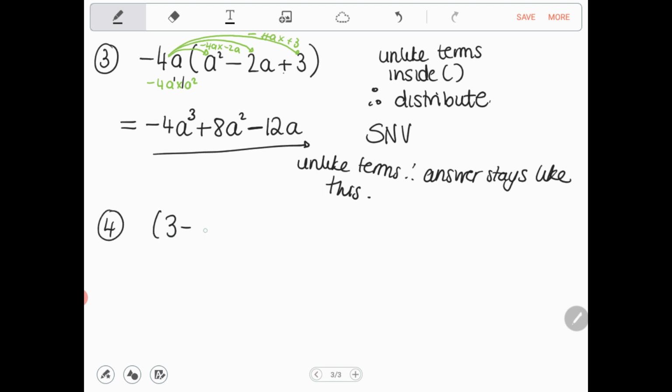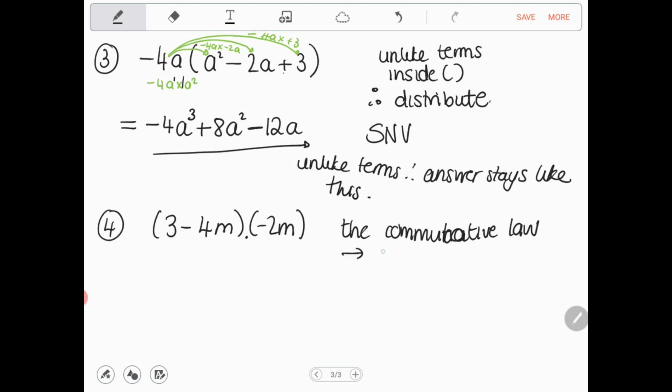Okay, we have also learned at the beginning of the year about the commutative law. So these 2 terms are being multiplied. The commutative law means we can multiply in any order. So if we have the one term, the monomial, at the back, it's better for us to put it in the front so that we can distribute it in. So we write the monomial